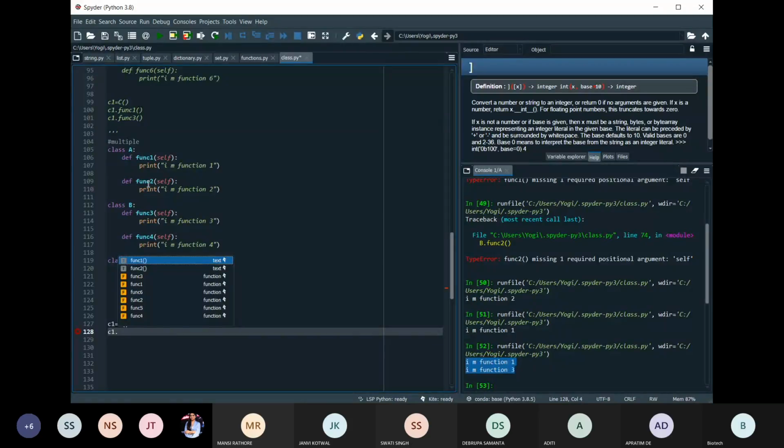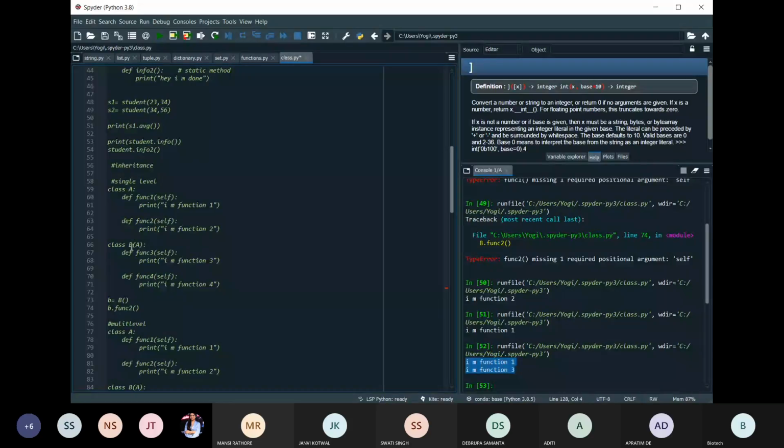It is the concept of inheritance, that whatever function or variable you want to search, first it looks in its own class. Suppose I have taken this example of single inheritance, where I have created A and B classes. If I want to access function 2, which is present in the A class, the compiler will first check its own class B, because I am inheriting the properties of A. If it is not present there, it has the ability to access it in the A class, checks there and gives you the output. So this is the basic concept of inheritance. Okay.